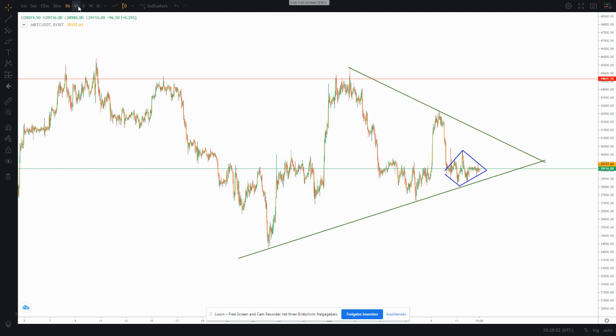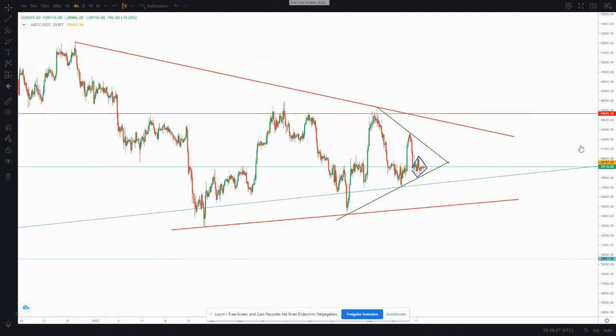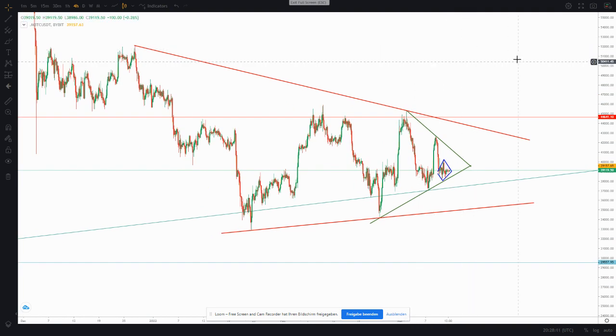This is the Bitcoin USD chart, and we can see that the Russians probably are quite heavily exchanging their money